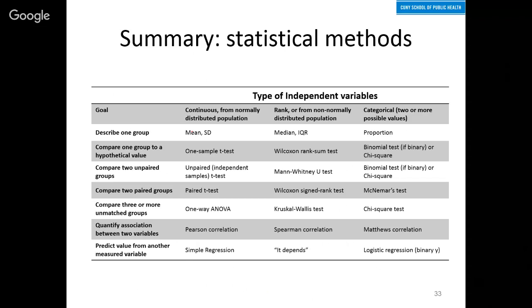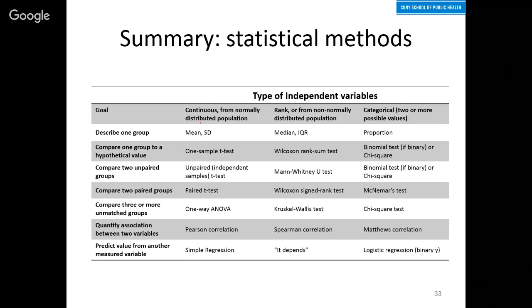This is just a nice summary table that your text had of different tests depending on your type of independent variables and your goals, and something that might be just useful as a little reference, possibly for your project, but in general for knowing about different possible types of tests. And for example, this is what we focus most of our time on with a continuous, normally distributed